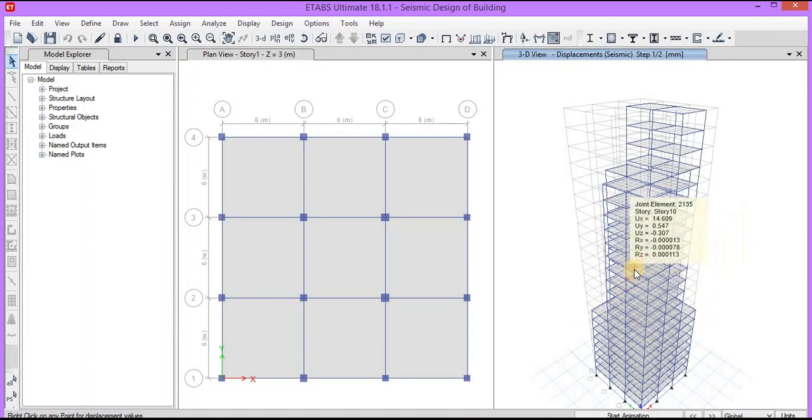Now by moving the cursor in the 3D view tab, you can see the value of displacement on every story whichever you want, and the reaction forces also you can see.